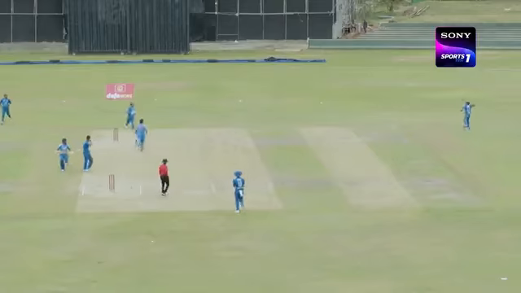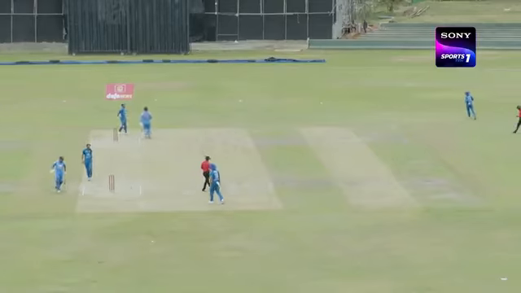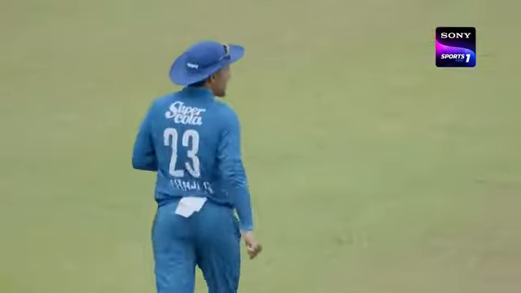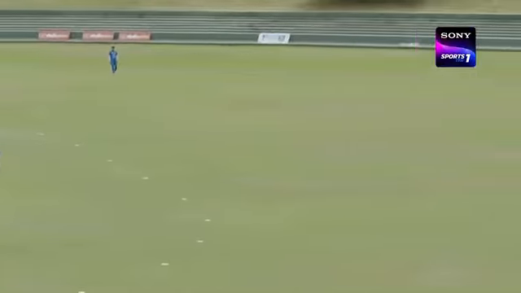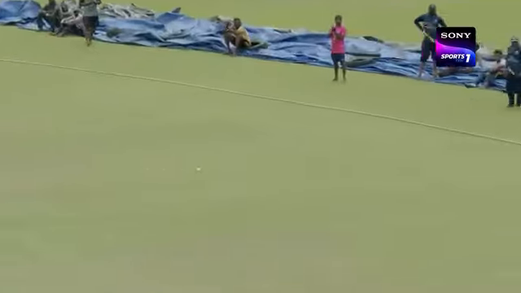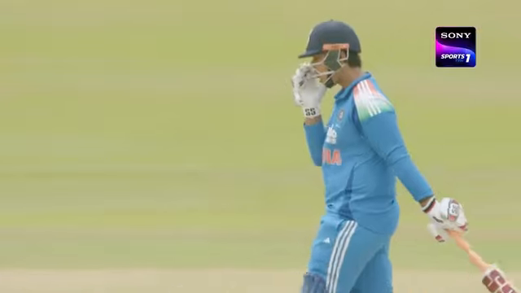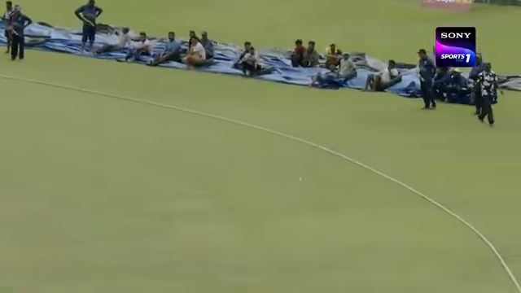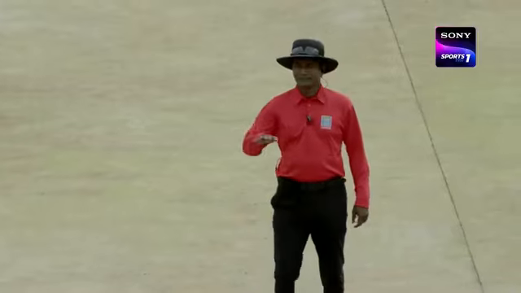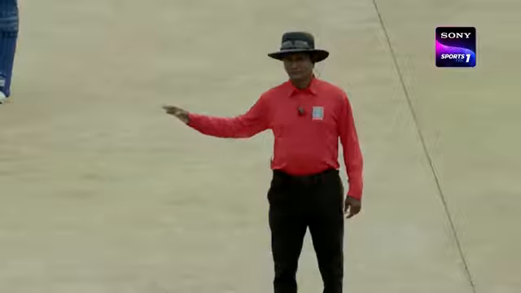Here's the back of the length, gets off the mark. India are on their way in the second game. And it's one of them. He gets off with glory. What a gracious shot that was. That smashed. That sounded so good off the bat. Make it 2-2 for the universal baby boss.